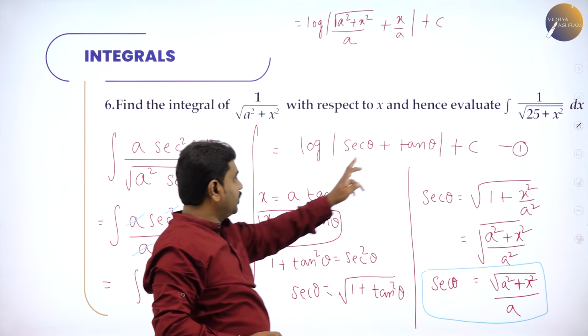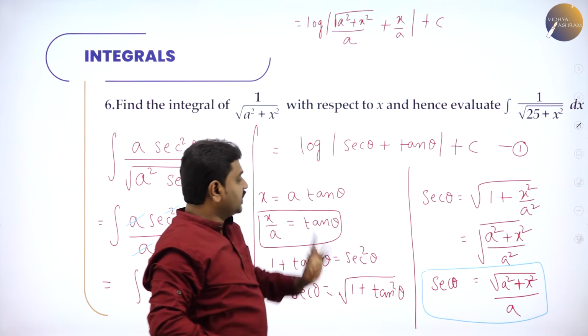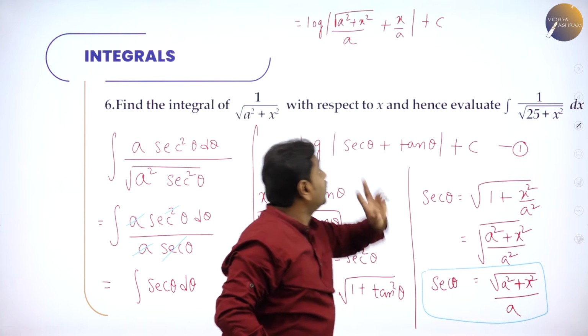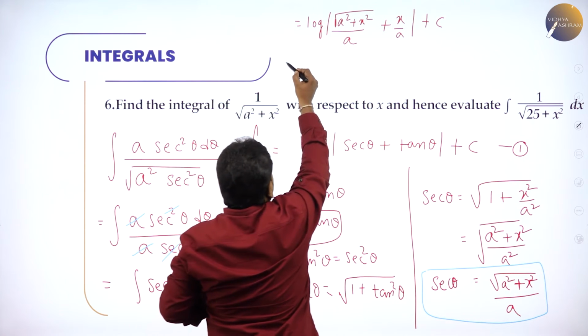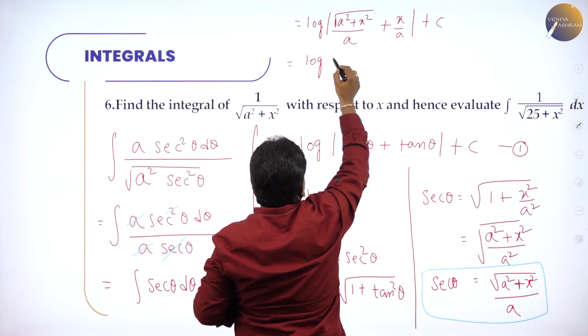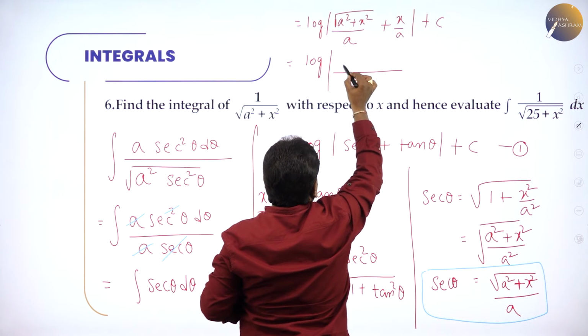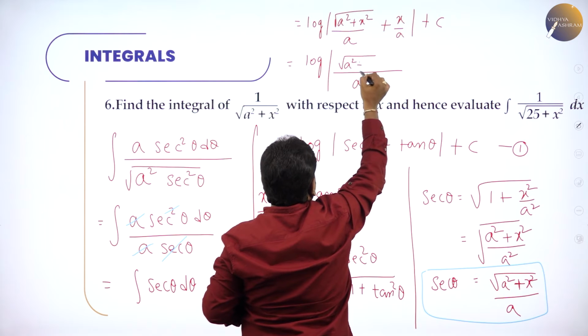Dear students, I am substituting the value of secant and tan. Tan is x by a, so in the place of tan I am putting x by a. Secant we derived as root of a square plus x square by a. Now you can take LCM as usual. For both, a is the LCM, and the numerator becomes root of a square plus x square